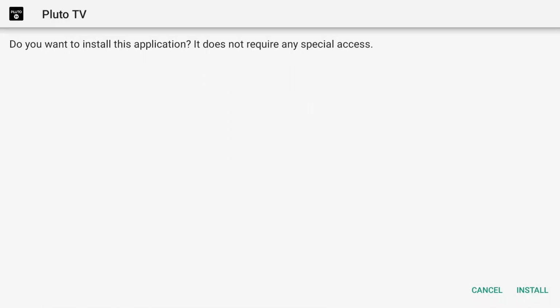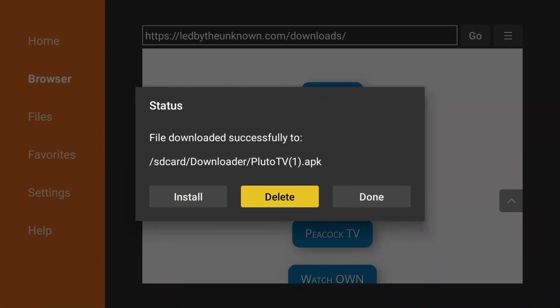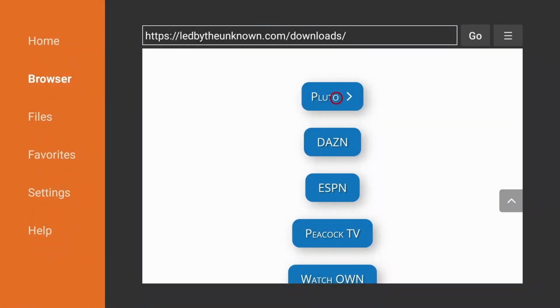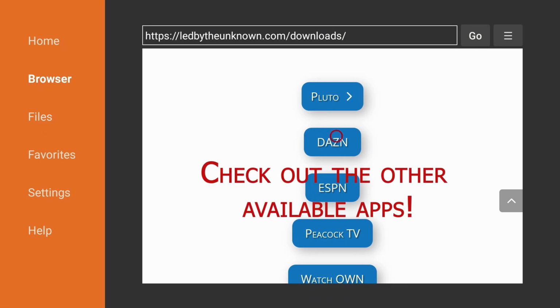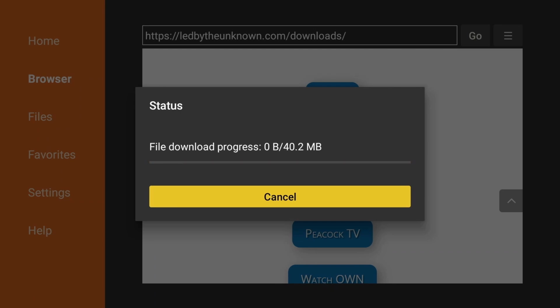It's going to come down to let us install. Once Pluto TV is installed, we click done. And then we can delete the APK file because we no longer need it that we downloaded from the web page. I'll remember also, if you want some amazing sports, this app is not free, but there's the DAZN or ESPN app, which automatically download,